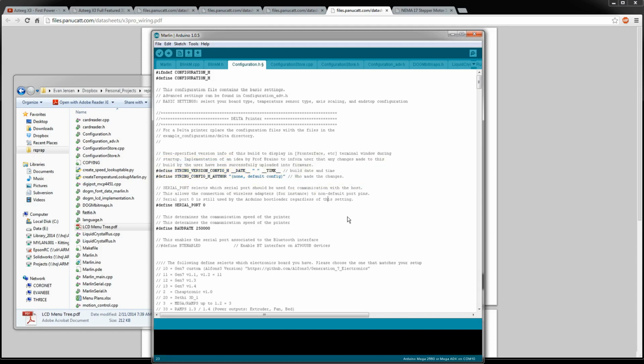So moving on, we're going to go ahead and verify this and see if it likes it. I actually haven't compiled any of this yet, so it is compiling right now. I left a lot of this stuff unset because we're not going to be using a heated anything right now, none of that stuff hooked up, so I'm just trying to get the motor to spin. That's my basic goal here with this video. So I'm going to go ahead and upload that,